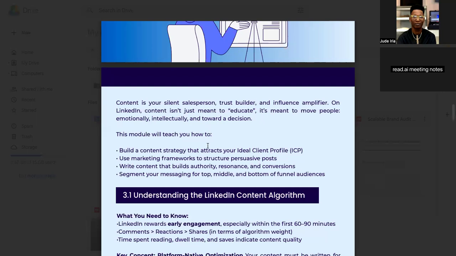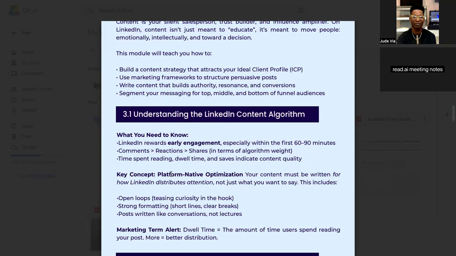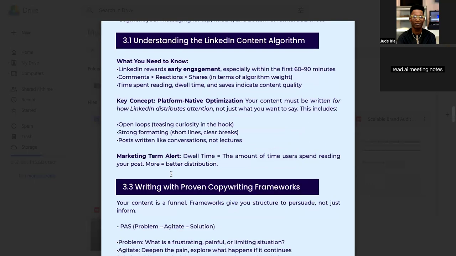So this module will teach you how to build a content strategy that attracts your ideal client profile, that's the ICP. Use marketing frameworks to structure persuasive posts and write content that builds authority, resonance, and conversion. Segment your messaging from top, middle, and bottom of the funnel audience. So this section is going to be teaching you all of that. So we're going to start from module 3.1, understanding your LinkedIn content